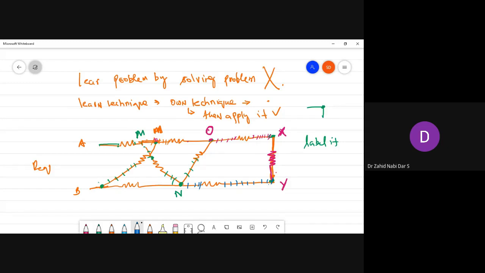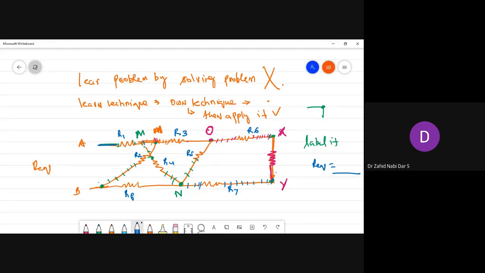If I go from here, I see this is R1, this is R2, R3, R4, R5, R6, R7, and R8. I have taken it like this. I need to calculate the equivalent resistance. I have to see which combination is in series and which is in parallel. If I label it like this, it becomes very easy. See here how difficult I have made this. See, this point is M and N.